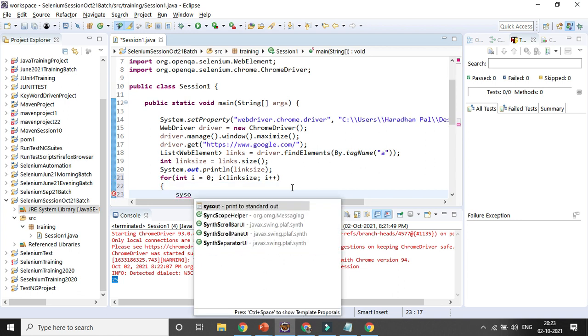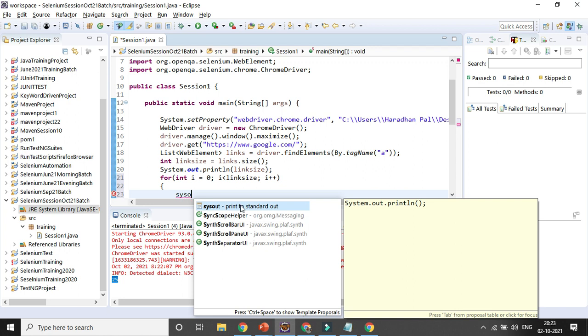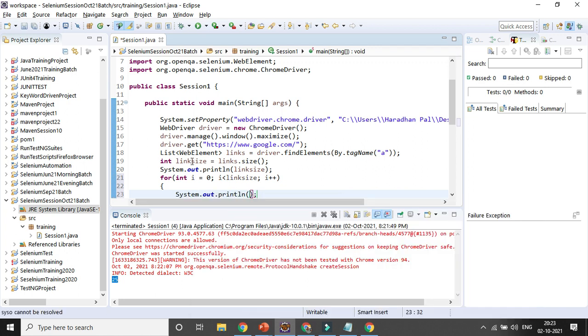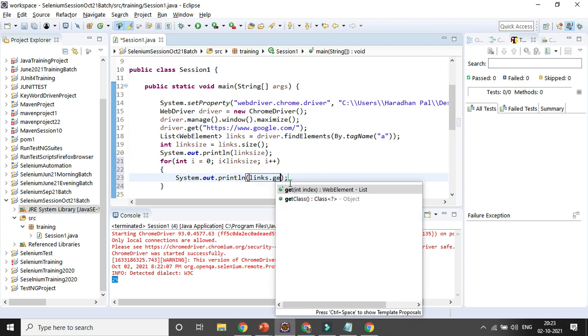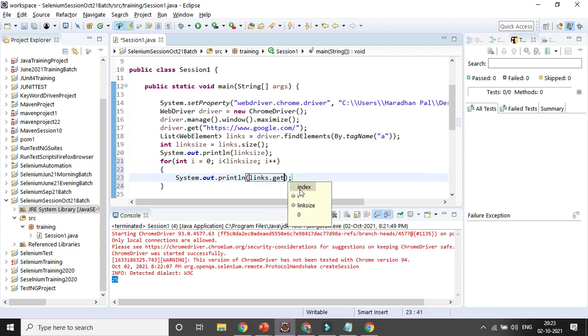The variable I can give, then dot get of i, get index. What is the index here? i is my index, and then dot get text. That is the line of code you need to write if you want to get all the text.